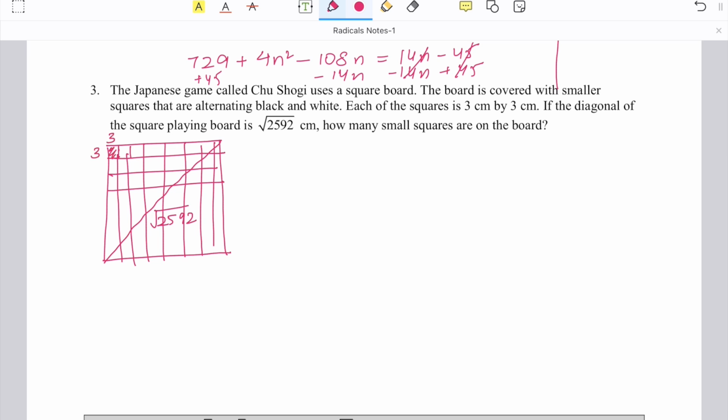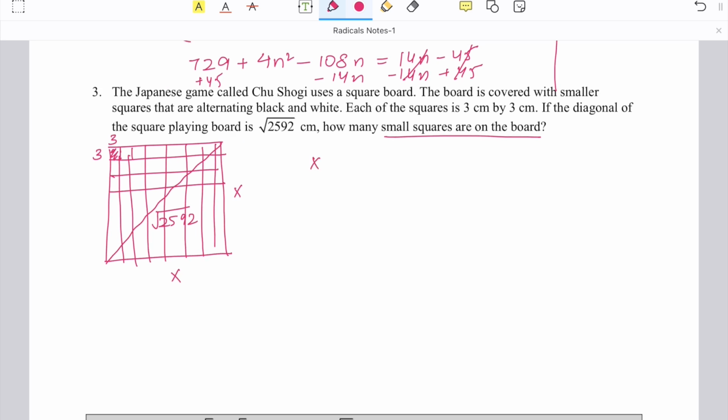We need to figure out how many small squares are on the board. Because it's a square, the side will be the same, right? We can say the side is x. Using the Pythagorean theorem, x squared plus x squared is equal to √2592 squared, because that's your hypotenuse. These get cancelled. You have 2x squared is equal to